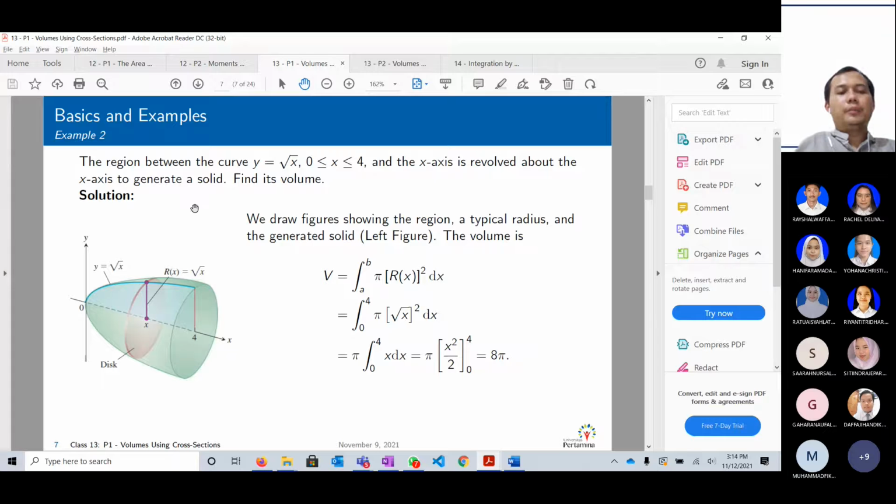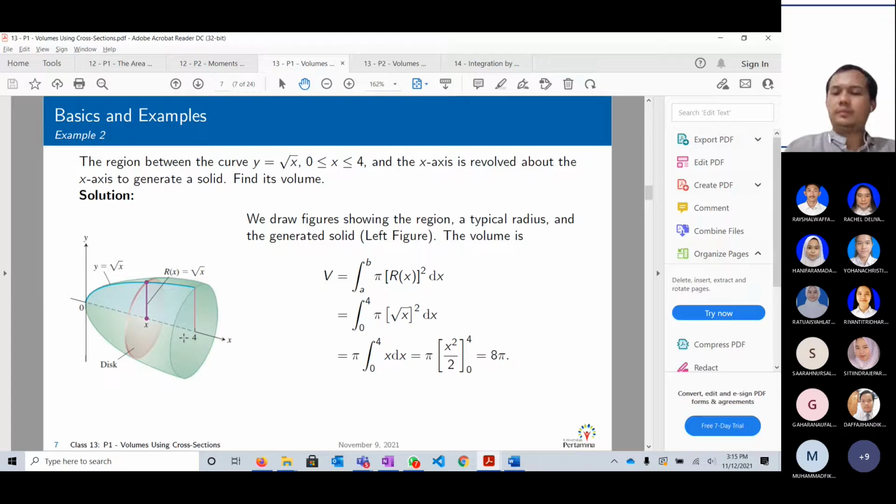If we want to compute the region between the curve y equals square root of x, yeah, this blue curve in the picture, from 0 to 4, and we revolve it about x-axis, ya. Jadi kita putar pada sumbu x, then we will generate this kind of solid, ya, that looks like